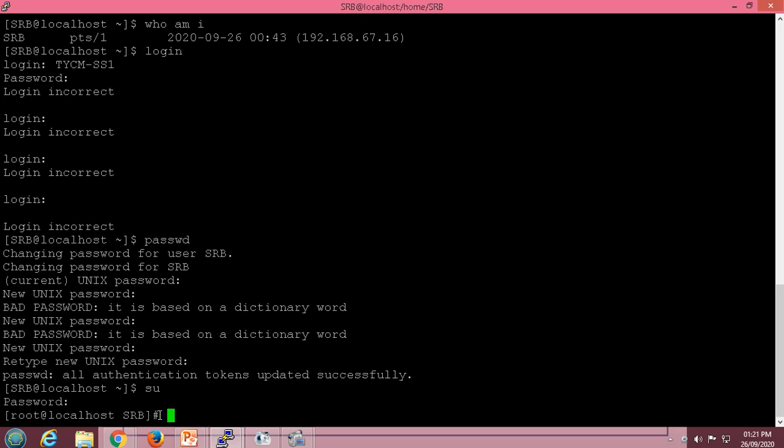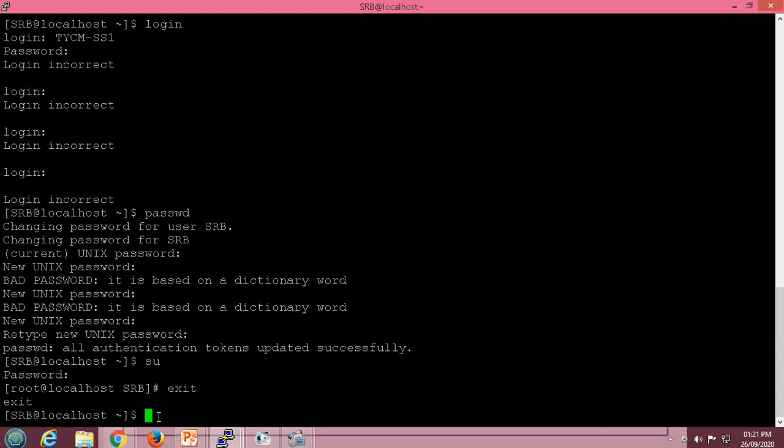Now from here you can check that this is the hash prompt, which is the prompt of the super user, and this is the dollar prompt, which is the prompt of a normal user. So all the super user commands can be executed from this prompt now. So to come out of the super user, we can type the exit command, which exits from the super user login. So we are now at normal user login.